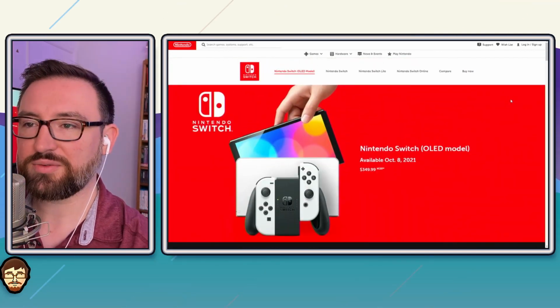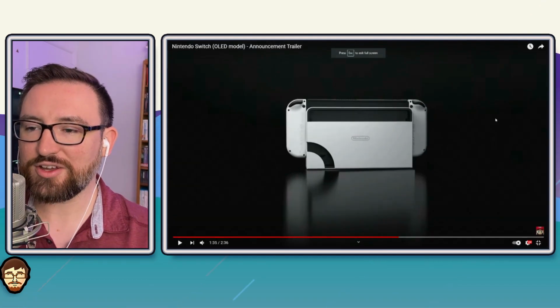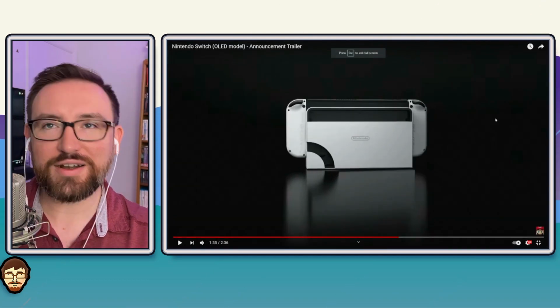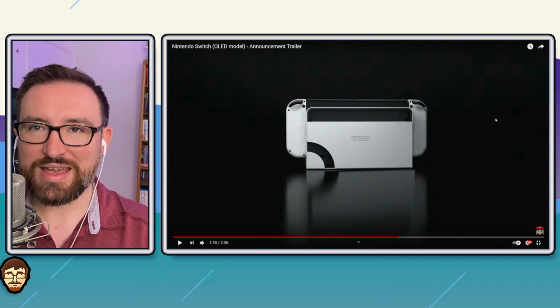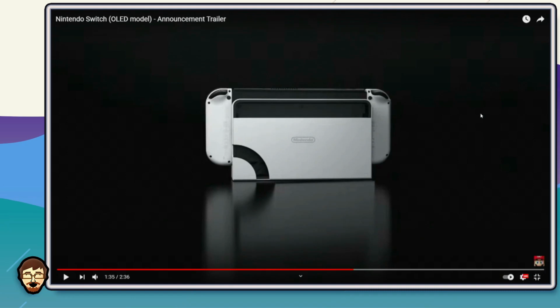But let's take a look real quickly at the video that was here. This was what Nintendo put out, and this is the part that I wanted to showcase because I think this is the most interesting aspect. This is the back of the Switch dock. So it looks like what they've done is it's now completely even front and back. Oh no, I guess it is even right now, but it looks like it's just taller now,